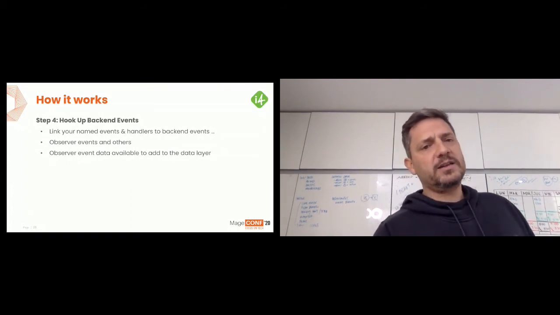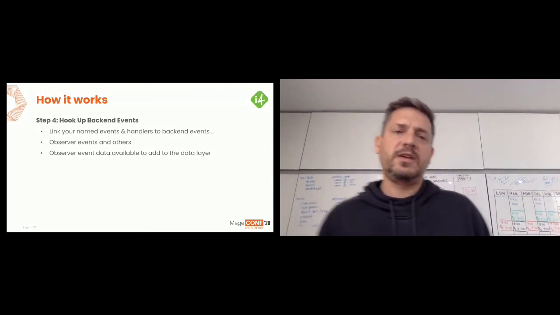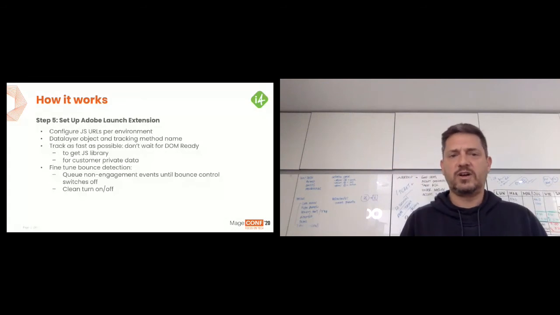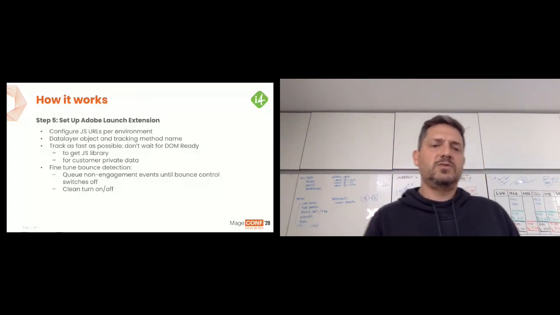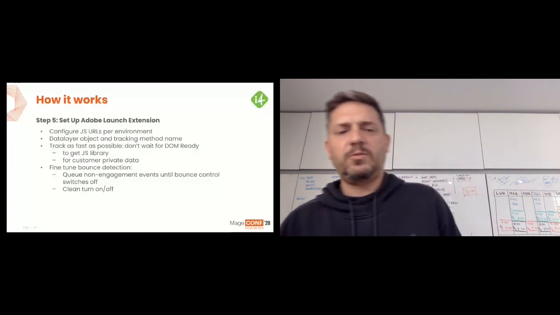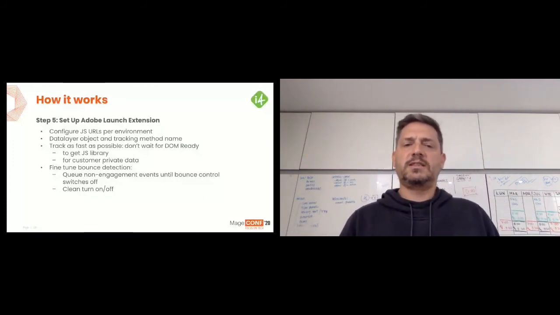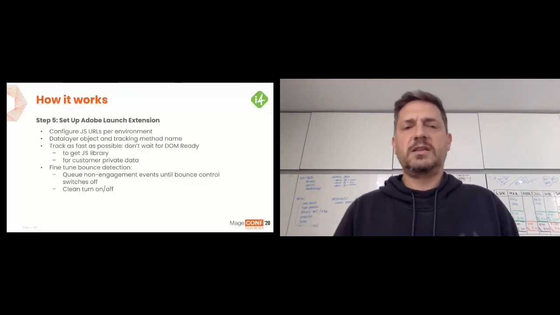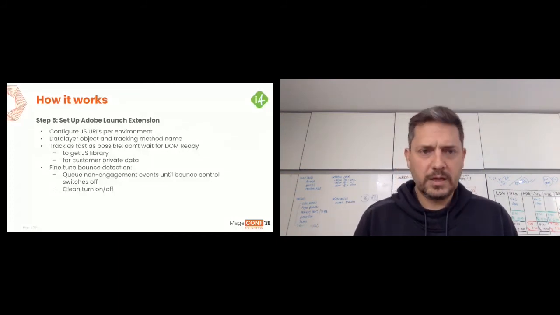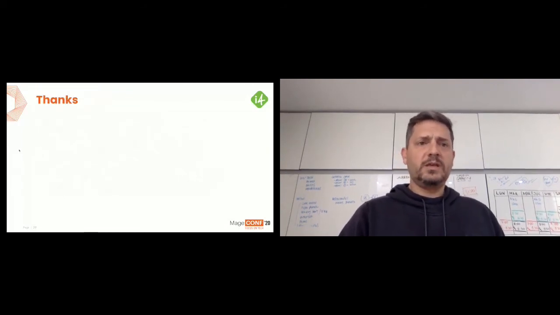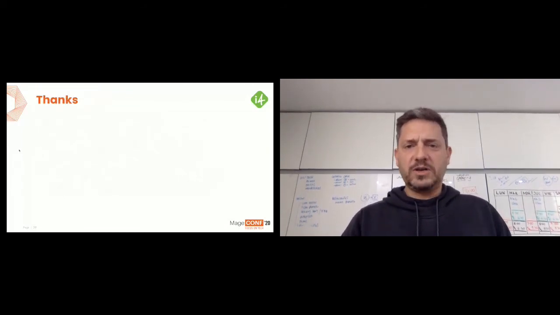And the last part, we just set up everything and configure our JS URLs per environment. The extension has the ability to define in Adobe Launch the data layer specifically made for your project, and then you connect and you test and go. So this is pretty much it. So I don't know if I was too fast,